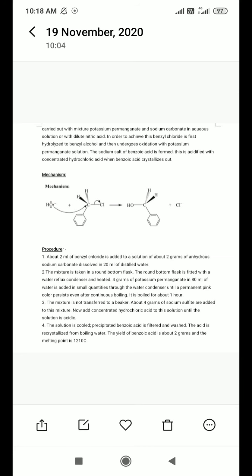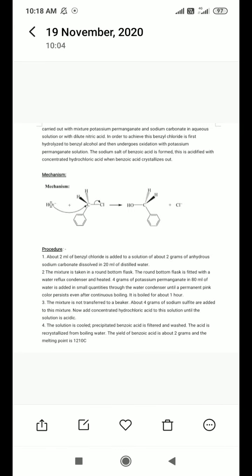And after shifting of the bond between carbon and chlorine, that bond goes with chlorine, meaning Cl minus is released, and on that carbon atom it gets a positive charge, C plus. So this C plus is easily attacked by the nucleophile OH minus, and it gets a stable product like CH2OH, meaning benzyl alcohol. This is the main mechanism.